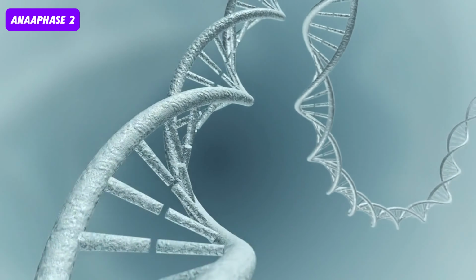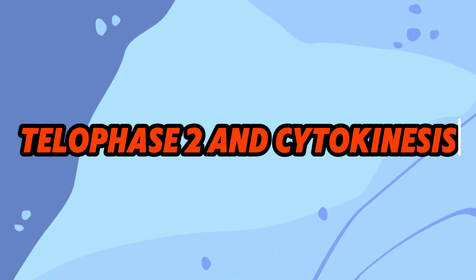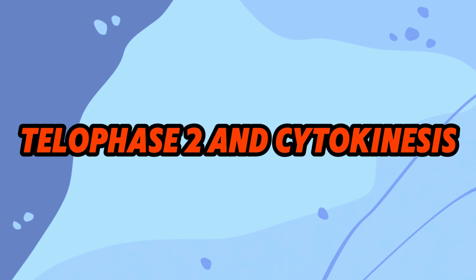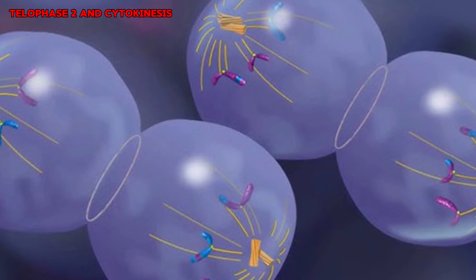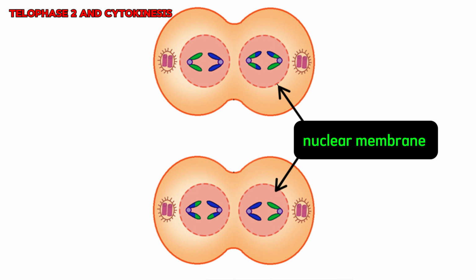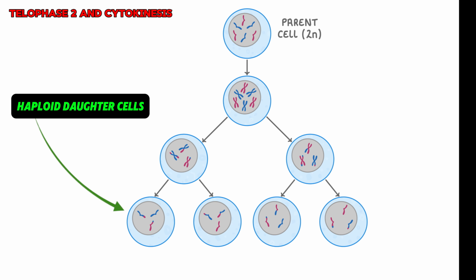chromosome. Here is the last phase of meiosis 2, which is telophase 2 and cytokinesis. You can call it the final product. Finally, in telophase 2, the nuclear membrane reforms around each set of chromosomes. Cytokinesis divides each cell into two, resulting in four haploid daughter cells, each genetically unique and with half the number